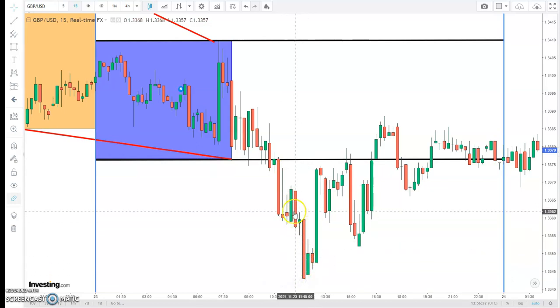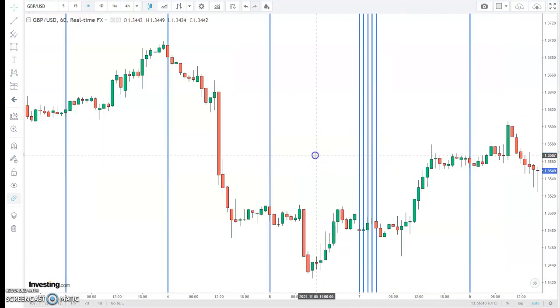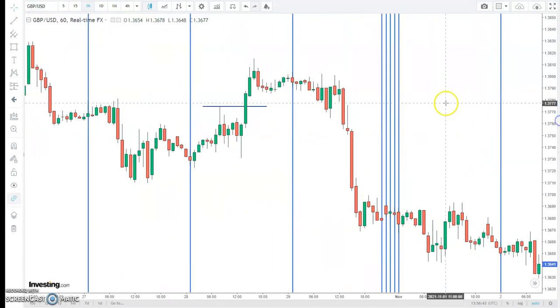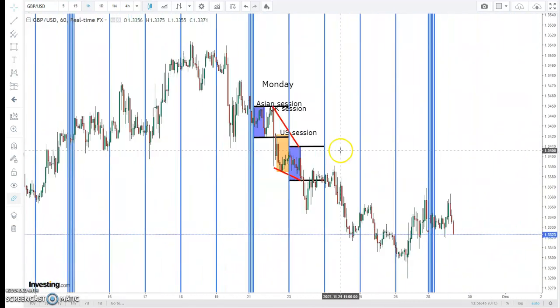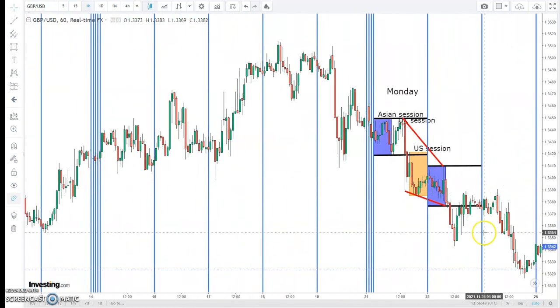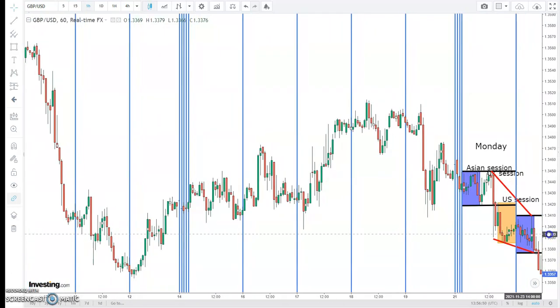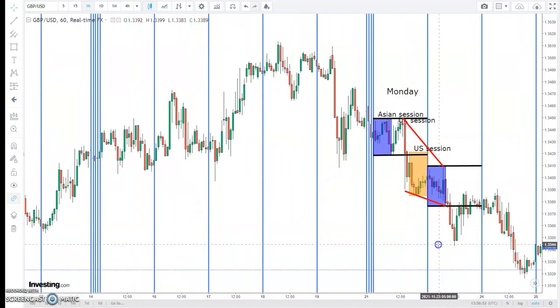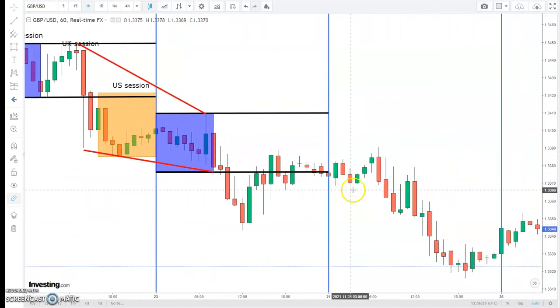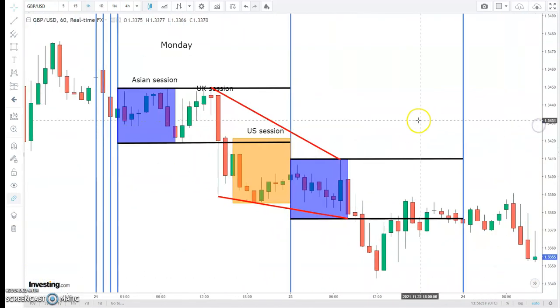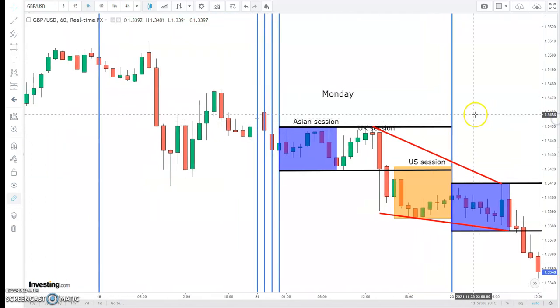Then we look and we see that price is retracing back up. You could have traded up. But essentially, on the 1 hour, I'm now looking and I'm saying that your trade for Monday, for Tuesday, let's break it up a bit. Right. So what would we have done on Tuesday? On Tuesday,